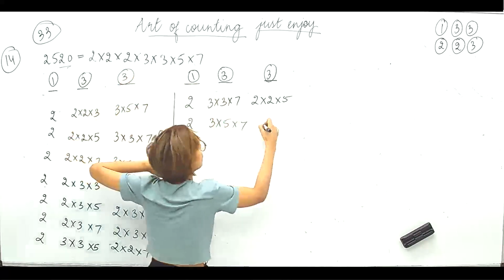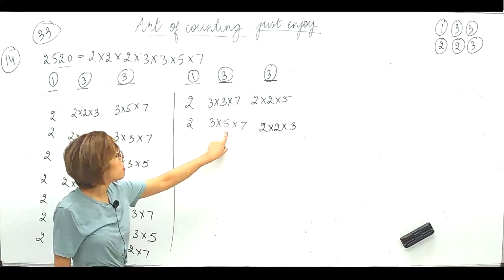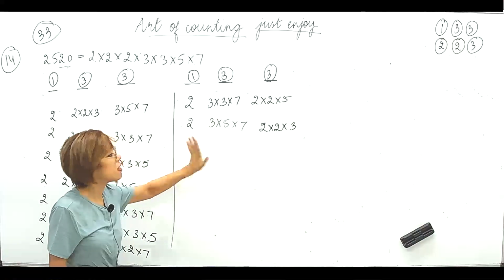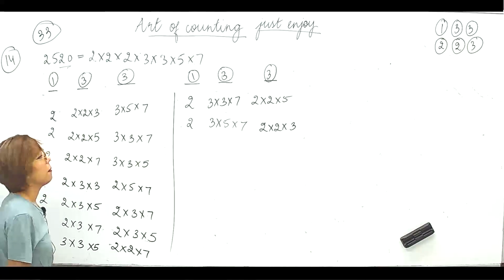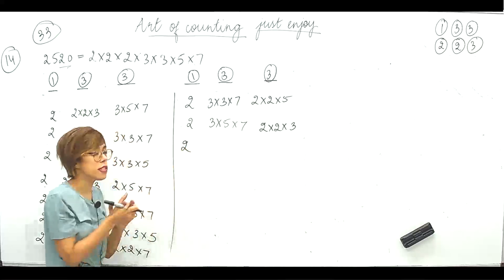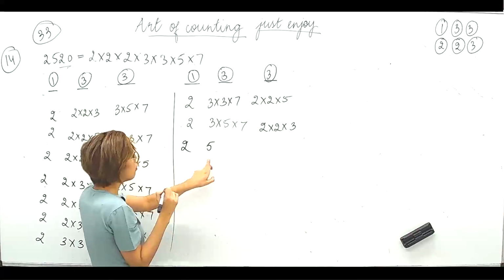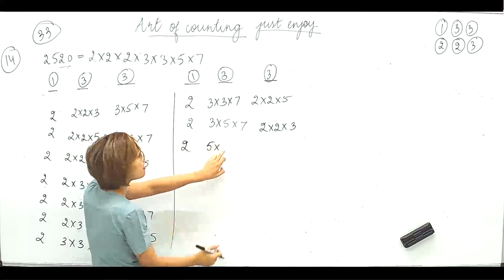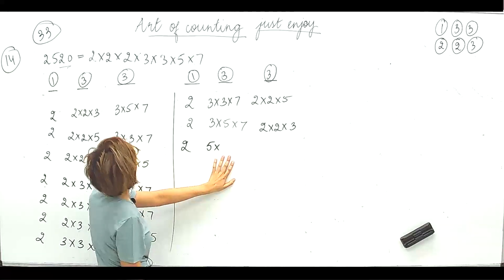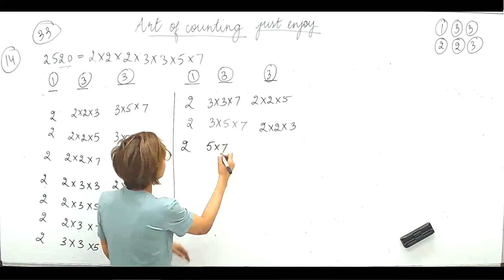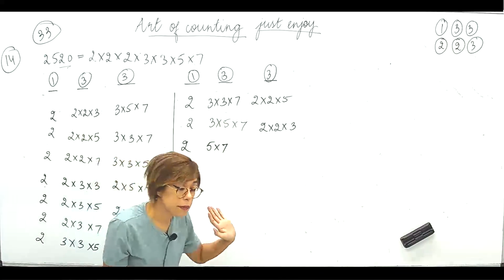So 2 to 3. 2 into 2 into 3. Right? So 3, 5 is done. 3, 7 I can't take. So 3 ones are done now. Right? Yeah, 3 ones are done. So let's exhaust the 2 ones first. So 2 हो गया. अब 3 से start कर रहे थे. Let's take 5 now. So 5 into, I cannot take 2, I cannot take 3, I cannot take what? 7. अगर मैं यहाँ पे 7 लूंगी, यहाँ पे मुझे 2 या 3 में से डालना पड़ेगा. Those cases are already repeated.